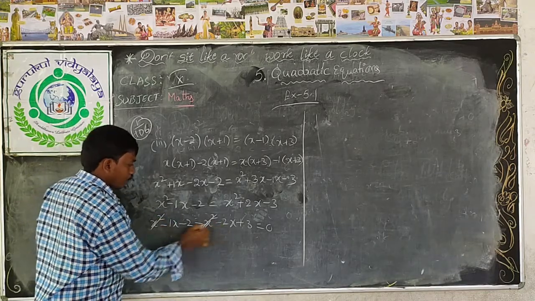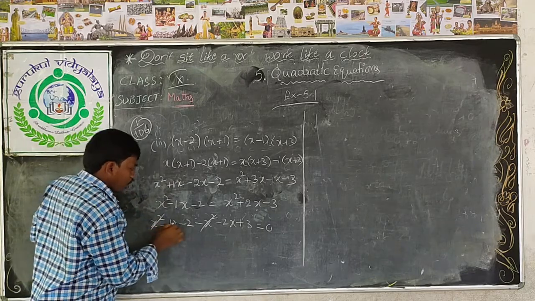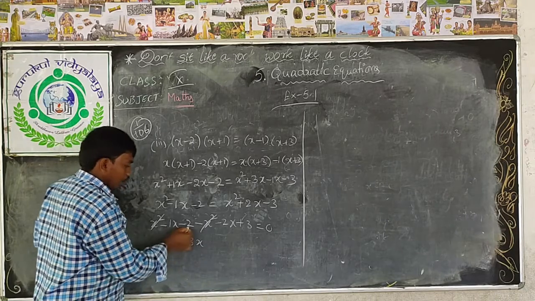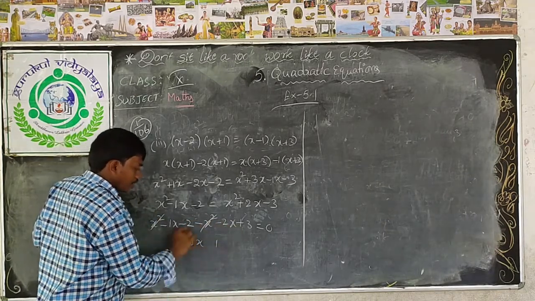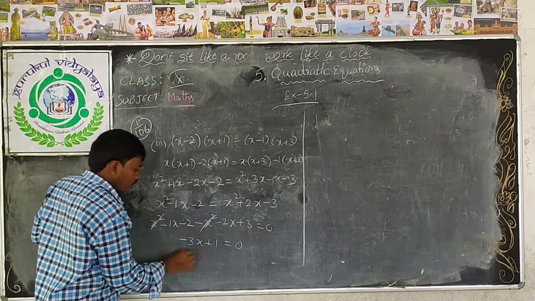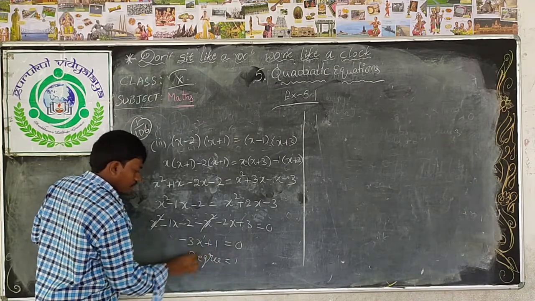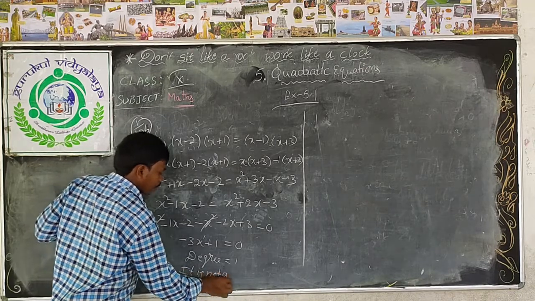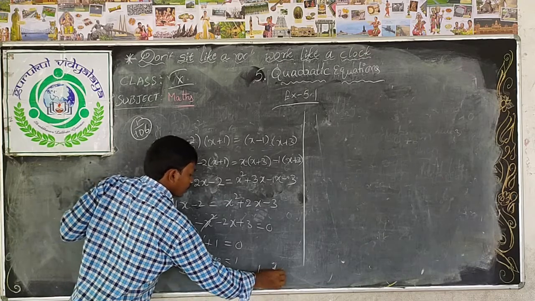Minus 1x minus 2x. Both having negative. So we can add. We can add 1 plus 2, 3. 3x. So negative symbol minus. Minus 2 plus 3. Opposite. Subtract. Subtract 2 from 3, 1. Which is the bigger 3. 3 having plus 1. So what is the degree of the equation? 1. It is not a quadratic equation. It is not a quadratic. It is linear.